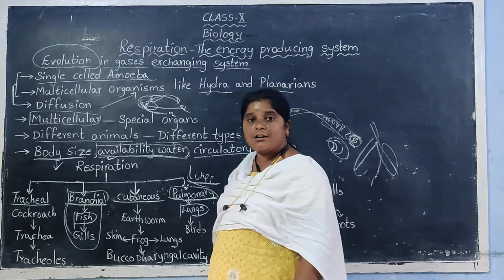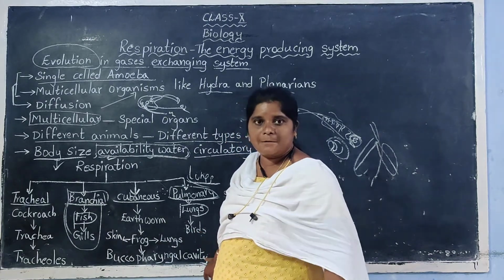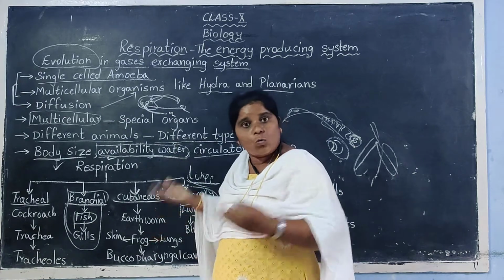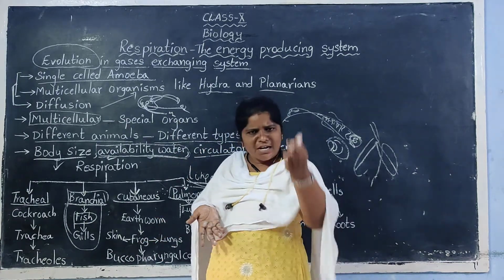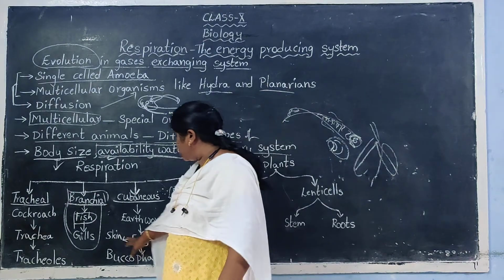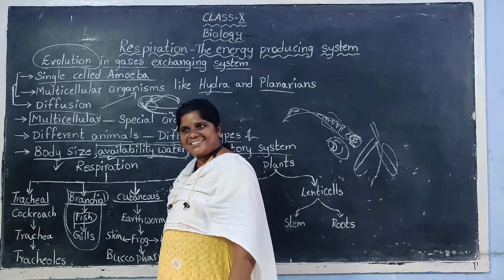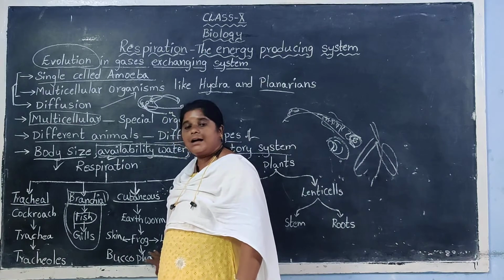But when you take the frog, you know that the frog is an amphibian. It can live both on land and in water. It leads an aquatic life and also a terrestrial life. When it is leading a terrestrial life, it respires through lungs. When it is leading an aquatic life,